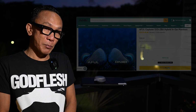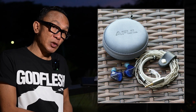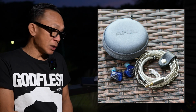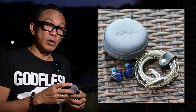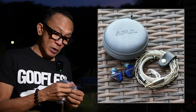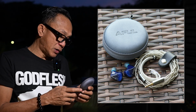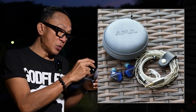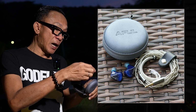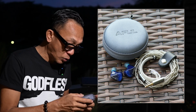You can get it already from HiFiGo, as you can see here. And what you're gonna get inside the box is pretty much a simple affair to keep the price down, which is the IEM itself. It comes with this cable, and mine comes in 3.5 mm single-ended termination. You're also gonna get this nice looking carrying case, inside which you're gonna find two types of silicone tips, which I find to be quite useful. The normal silicone tip, which is white, and also this blue one, which I happen to be using,